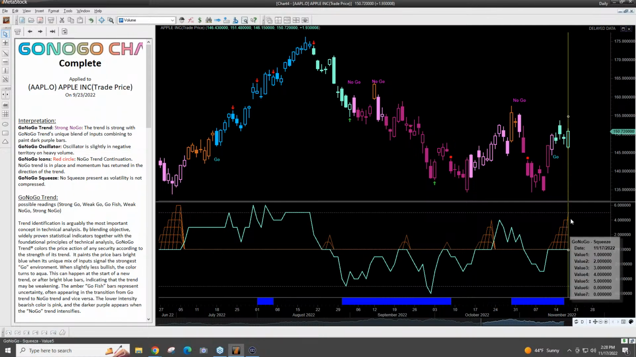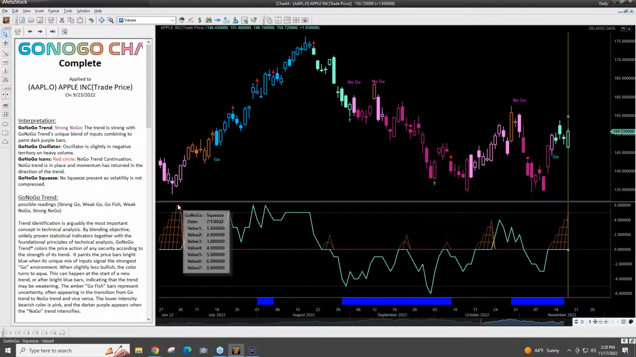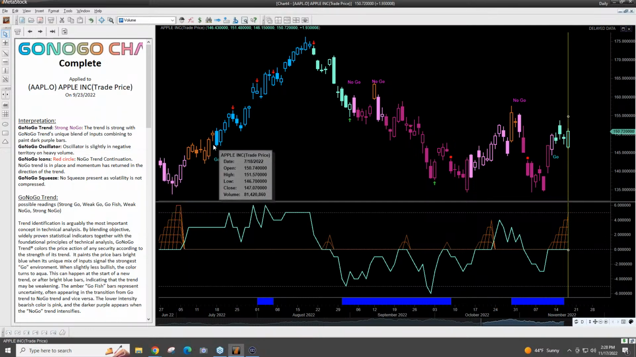So right here, you had a high probability that the trend is going to change because it's all the way up to 6. This is a perfect area over here as well. Right here, you had some squeeze or basically squoze indicators, and you could really identify that too,